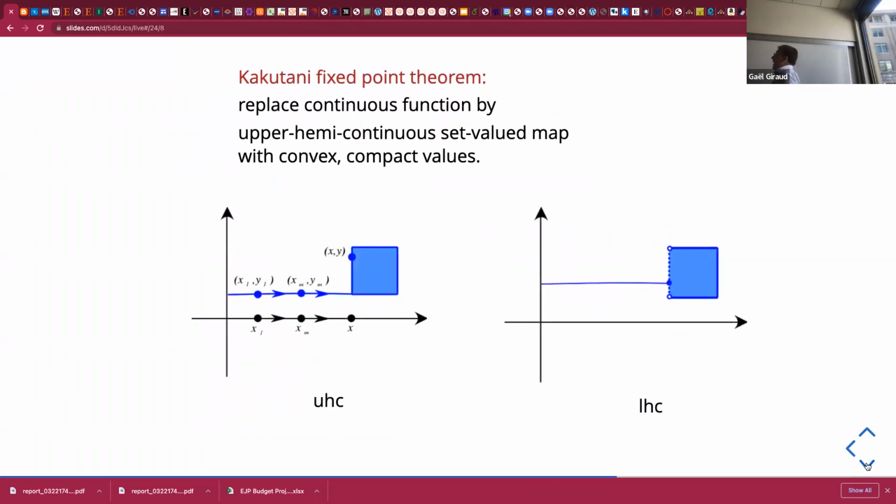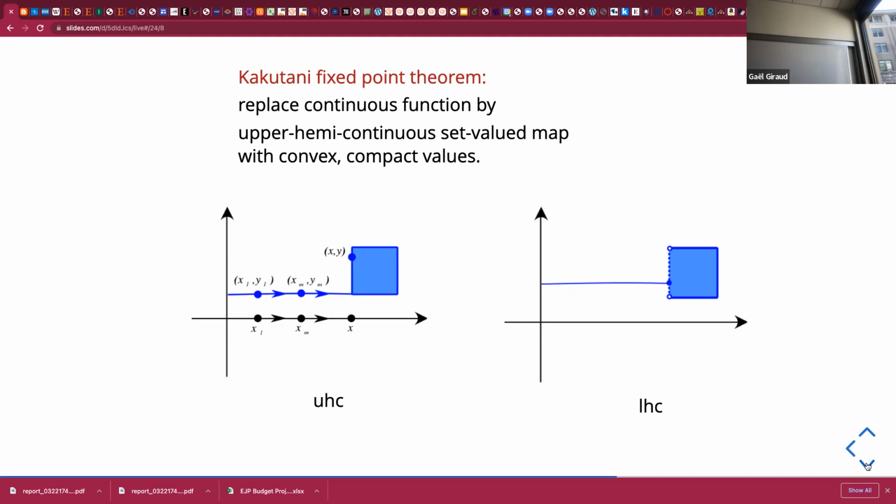So now what they had to do is that the expectation operator is just linear. It's not strictly concave. So you cannot hope to have uniqueness like in a function. You look for the fixed point of a function, like in the Brouwer fixed point theorem. You need to look for the fixed point of a set valued map, which is slightly more complicated, not that much, but. So then you need to rely on something which is known as the Kakutani fixed point theorem,